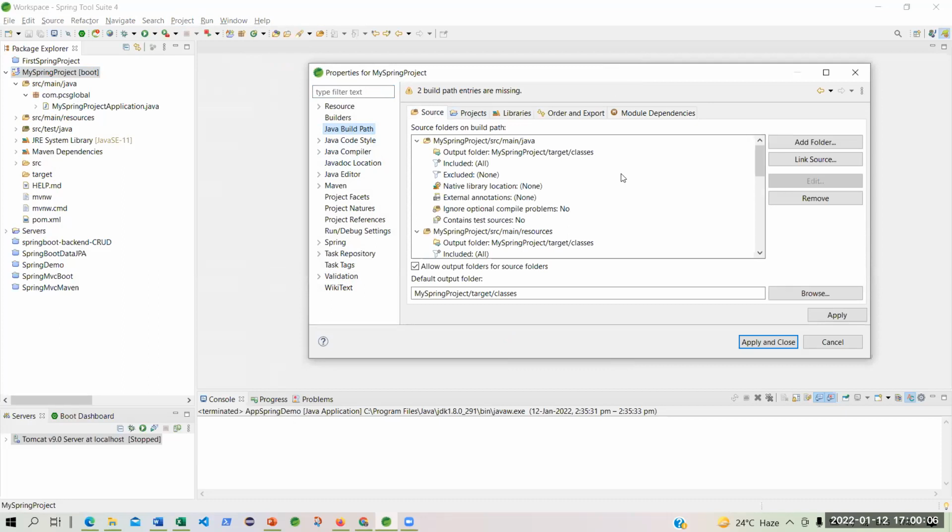Are you seeing that under my Spring project, src/main, this is the folder structure. The main folder is the project name, my Spring project, under which there is a source folder src, then there is main, then there is java. So under this, there is a package, which is com, and after that /pcsglobal. Under this, you will see the first file.